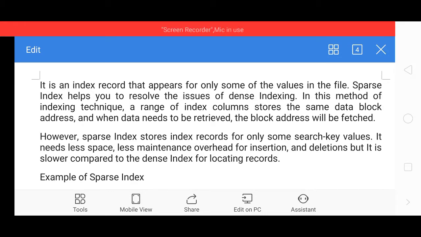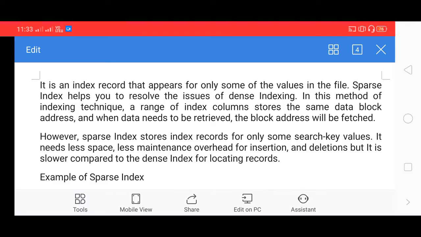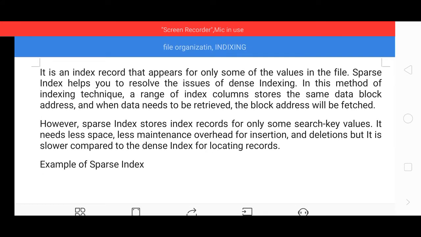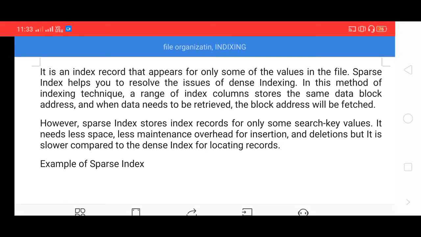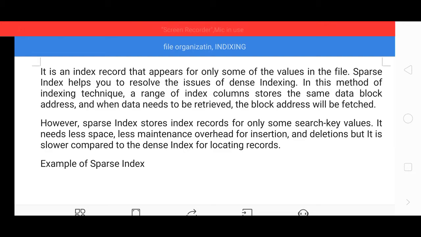Here the sparse index stores records for only some search key values. It needs less space and less maintenance overhead for insertion and deletion, but it is slower compared to the dense index for locating records.